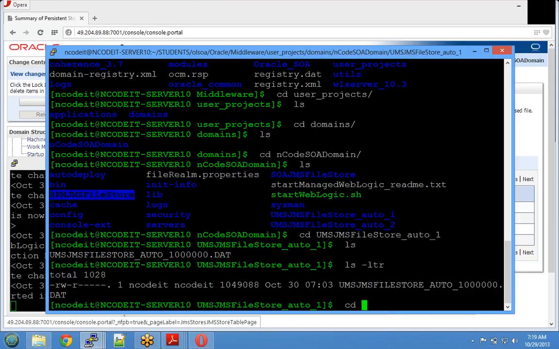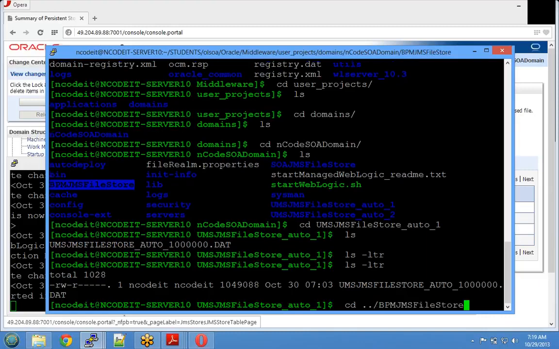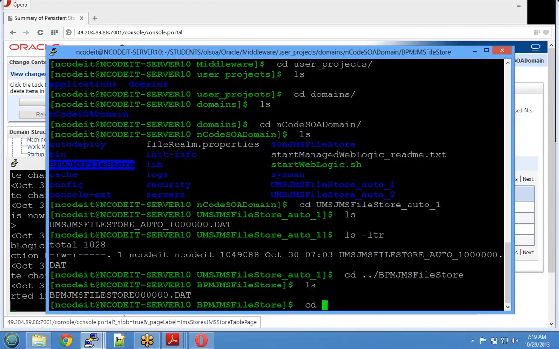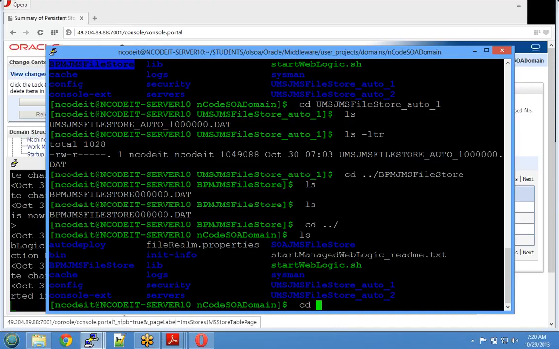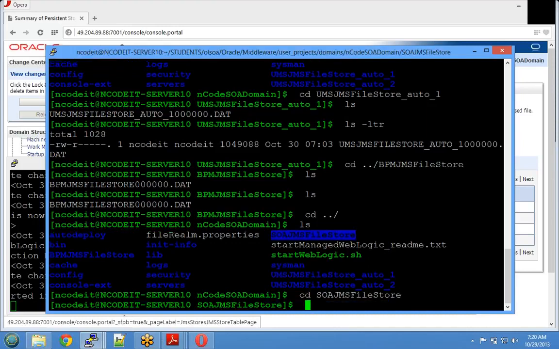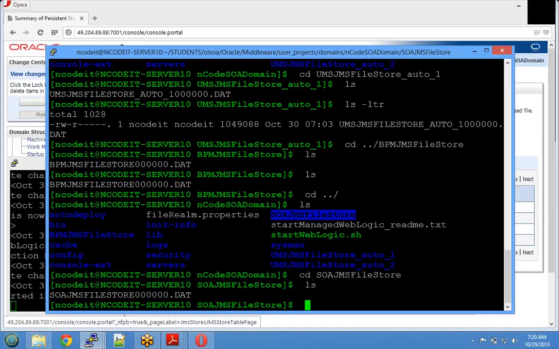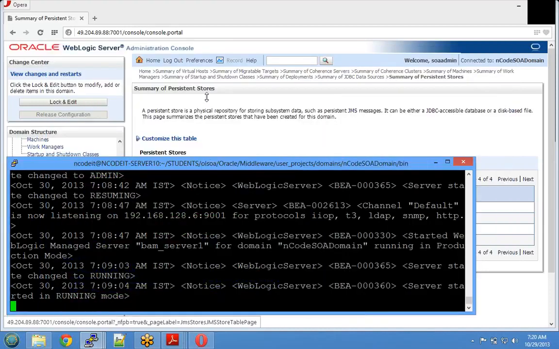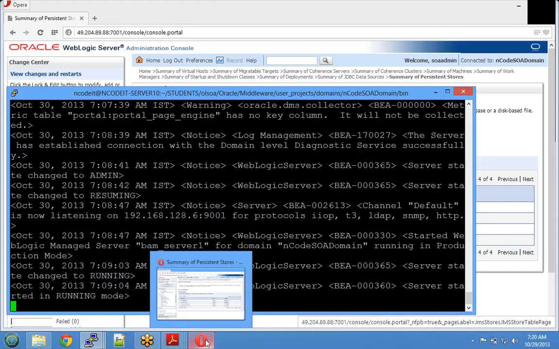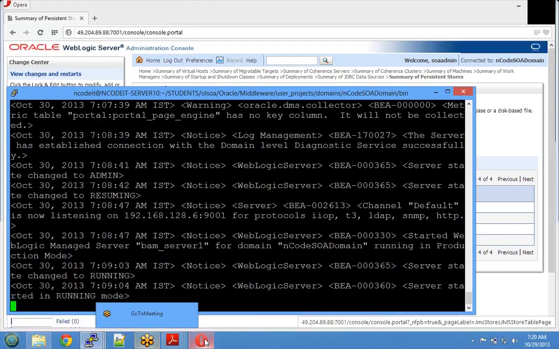So let's get into another one. This also has it. Alright, so where is our SOA? This thing here. This is SOA. Each of them has a dat file. Sometimes you may not find a dat file. Just make sure that that's not a problem. It gets created when you have messages put into it. Alright, apart from that,